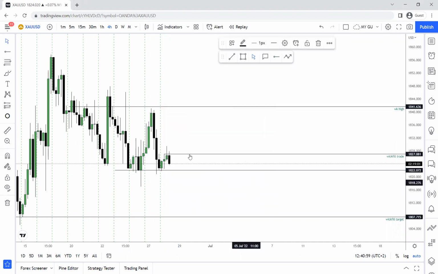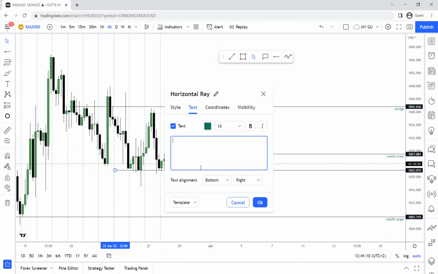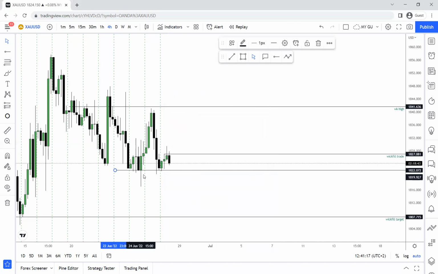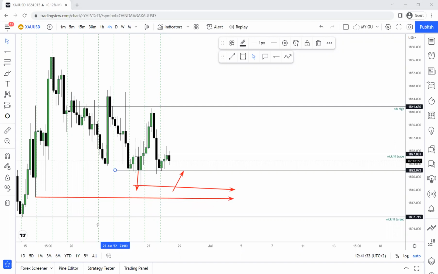For this 4-hour candle, if it's going to continue bearish, we should see it getting to our low. There's a weak fill trade. Let's not call it a weak fill trade yet because this is an exhaustion. Just keep in mind that if price goes below this area, it's most likely going to give us this weak fill. That would be your first target, then a second target, and then the third target.